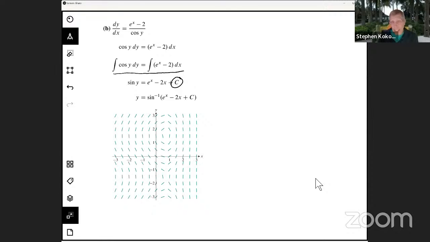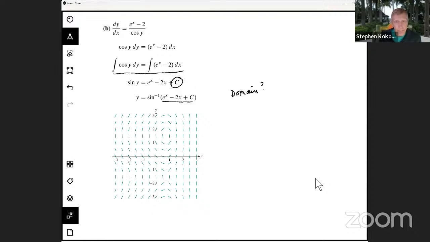So here's some things to think about, and then I'm going to hand it over to Tom here. I was thinking about this. I drew the slope field for this, and, well, wait a minute. What's the domain of this function? Do I need to worry about that, or do I need to think about that? Here's a question for the chat, Allison. What's got to be true about this argument right there? What has to be true about that argument in order for me to be able to evaluate the inverse sine